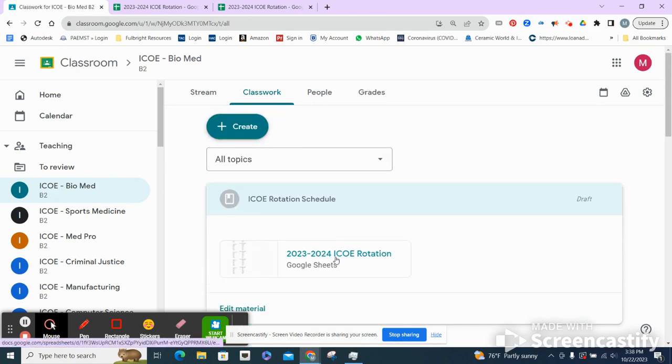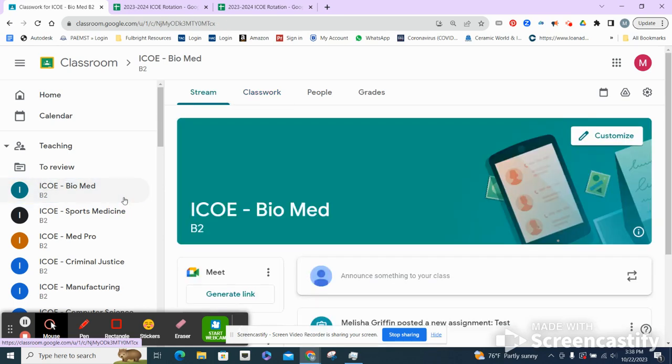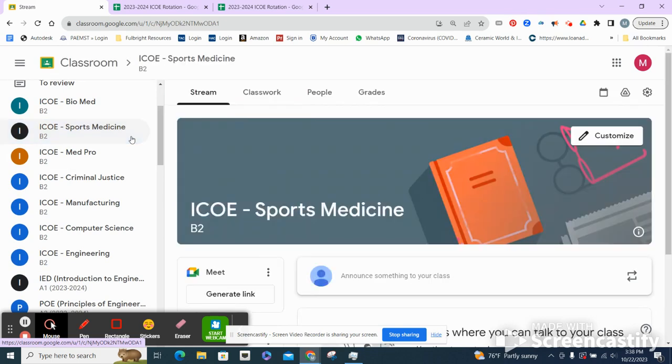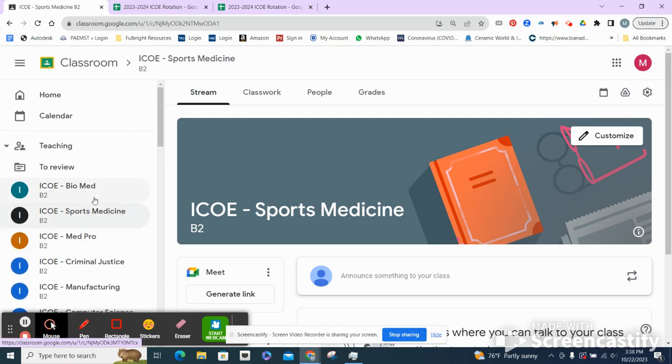So the kids will physically rotate to a new teacher, but we will not put them in a new Google Classroom. They will only be in one Google Classroom, but I will start putting my new assignments under the biomed classroom whenever I have the biomed students. And I will go to the sports med classroom and start placing assignments whenever I have the kids who were originally in sports medicine. This keeps our students from having to sign up for multiple classrooms so that they don't get confused. And we are actually just rotating from classroom to classroom, placing our assignments in the